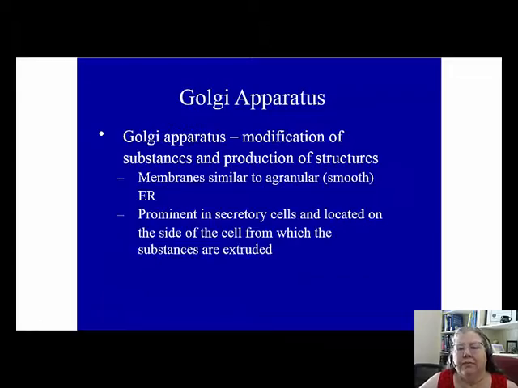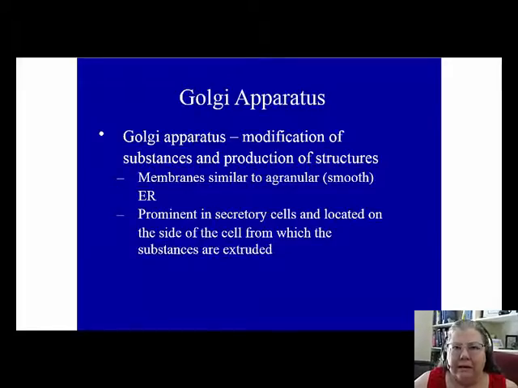So the Golgi apparatus looks similar in some ways to the endoplasmic reticulum. It has similar membranes. It has a bilayer lipid membrane that's similar to smooth endoplasmic reticulum. You see a lot of the Golgi apparatus in cells that are secreting substances. So these might be cells that are creating hormones. For instance, thyroid cells, or cells within the